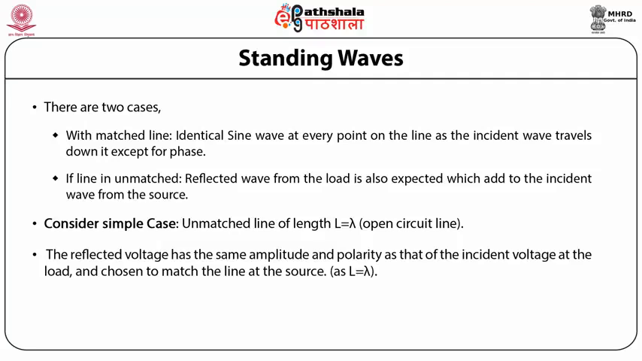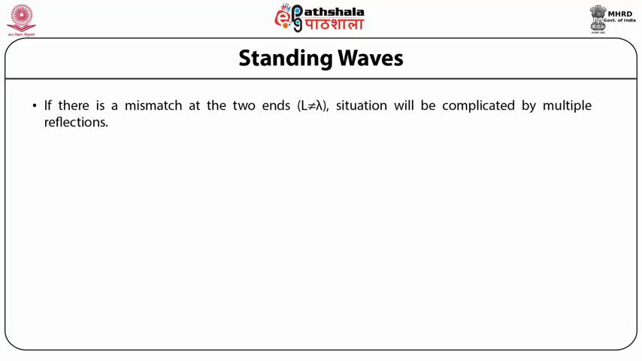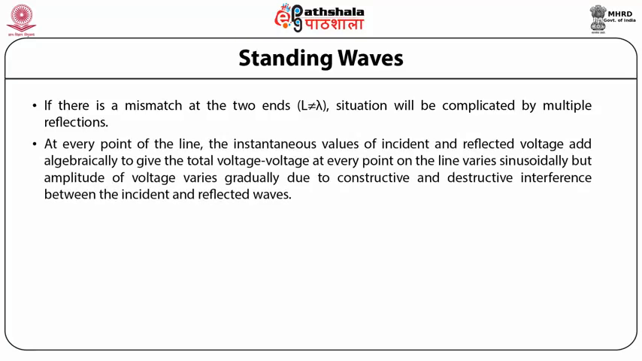The reflected voltage has the same amplitude and polarity as that of the incident voltage at the load, and is chosen to match the line at the source. So if there is a mismatch at the two ends, L not equal to lambda, the situation will be complicated by multiple reflections. So at every point of the line, the instantaneous values of incident and reflected voltage add algebraically to